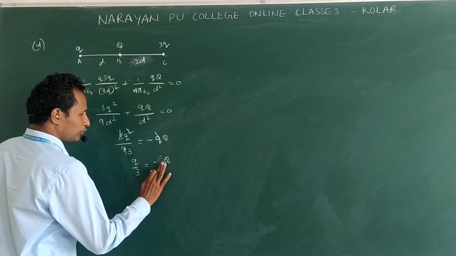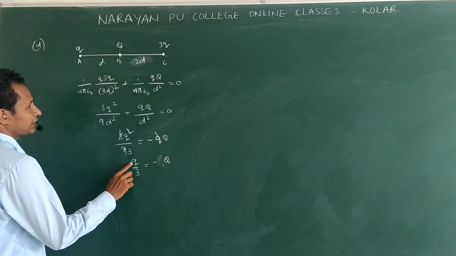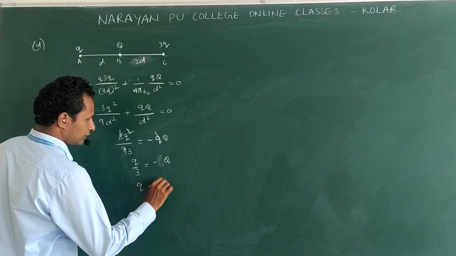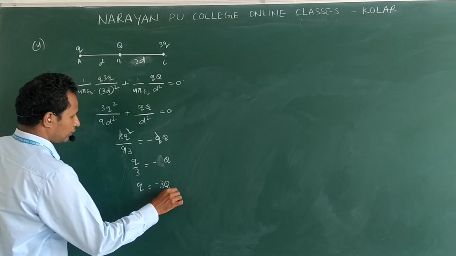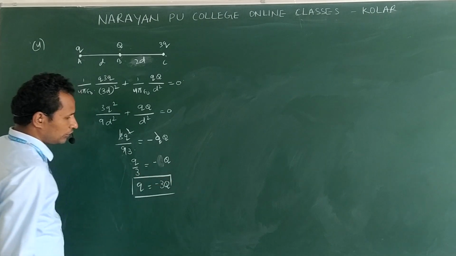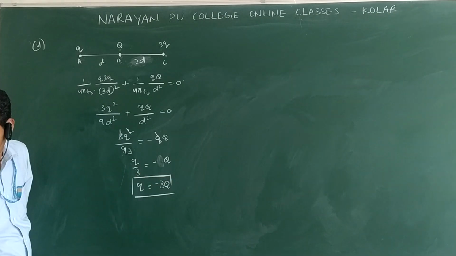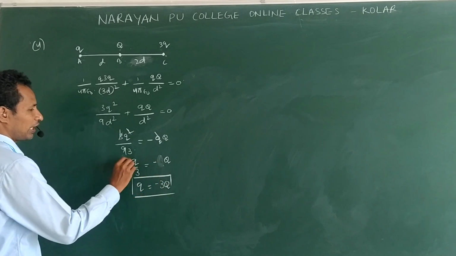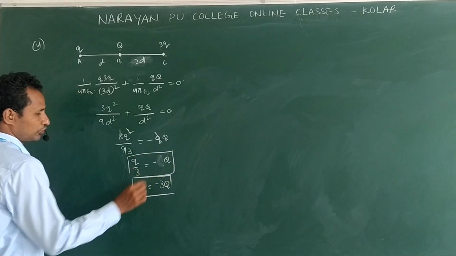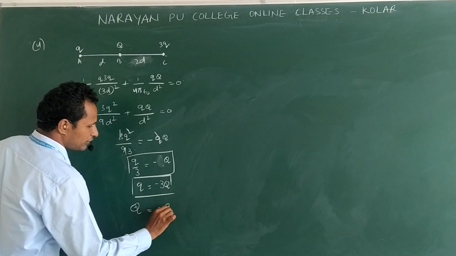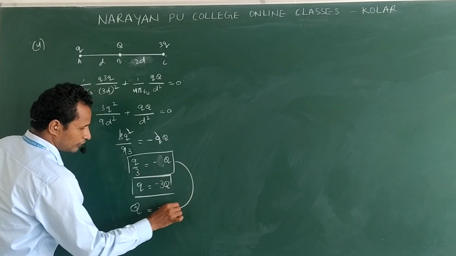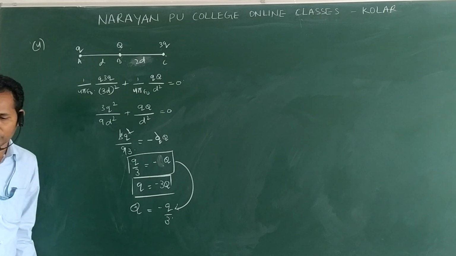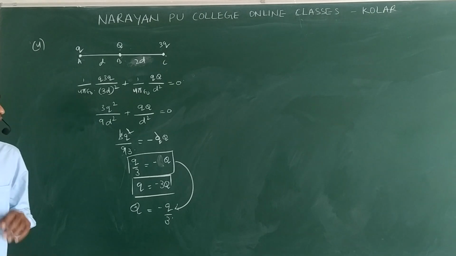We will have only Q here. They are asking Q, so Q is equal to minus 3Q. They ask the capital Q or small q. They ask the capital Q. Then make it capital Q, subject to what we have already done here. So capital Q is equal to minus Q by 3. Now the option is the fourth option. Clear? Option 4 is correct.